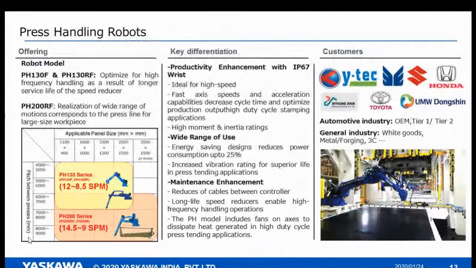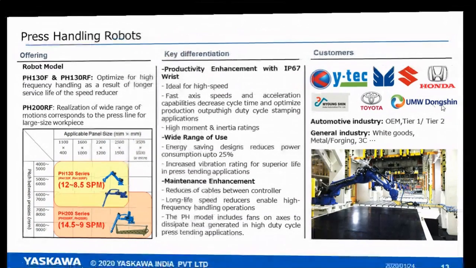And press tending robots, like Daimler, MSI, Hyundai, Tier 1 suppliers, all the press tending applications are very risky for humans. Wherever these applications are, they are very risky for humans to work. A lot of accidents have happened, and in some OEMs press operators lost their hands and lives. So in this case, robots help humans work in these kinds of risky locations. We have very good penetration in press tending applications also. Toyota, Honda, Vitesco, MSI, UMW, Dongxin, Suzuki, all the OEMs are using them. If you go to their shop floor, you will see this kind of robot.